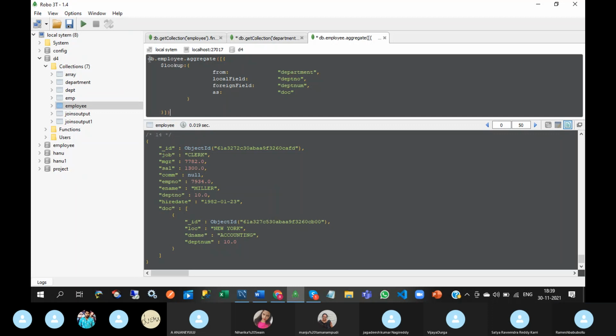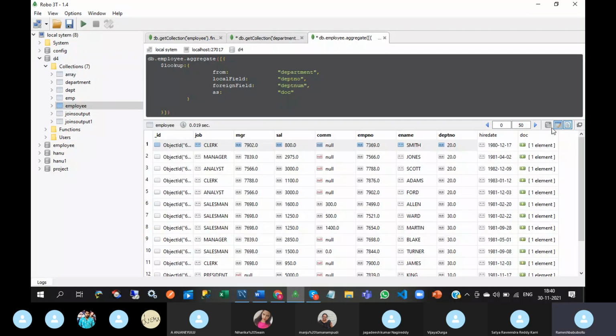Now, I don't want to display all the column names. I want to display specified column names. Then what to do?